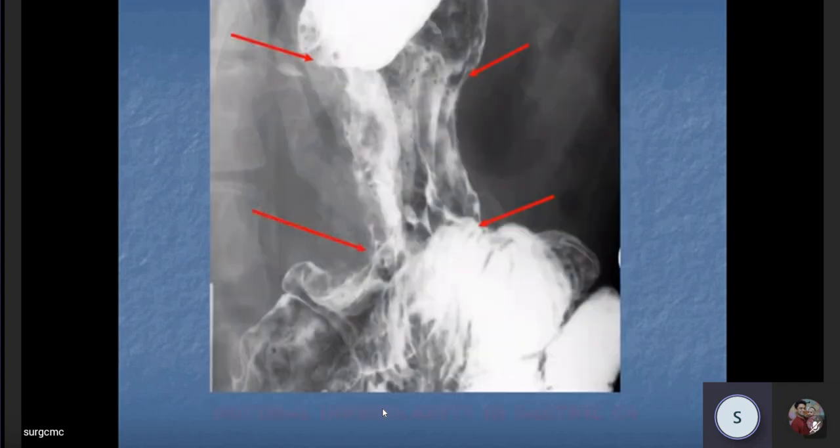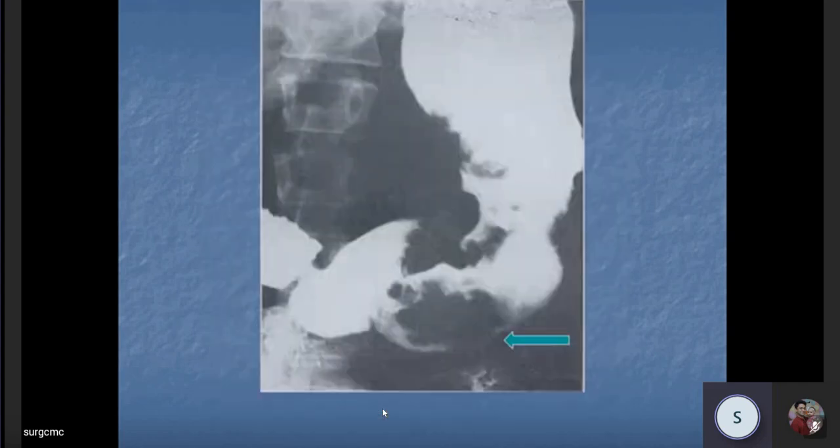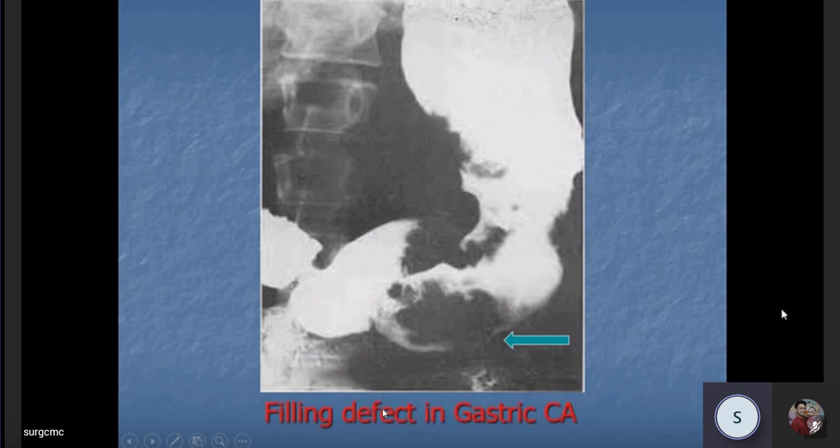This is a filling defect. Now if you are shown this plate again, what is this? Sir, it can be peristalsis. I don't know, but if I can get a few X-rays together, I could comment much more comfortably. But looking at the irregular nature of the filling defect, it seems that it is a filling defect because of a space occupying lesion in the stomach. Most common is gastric carcinoma.